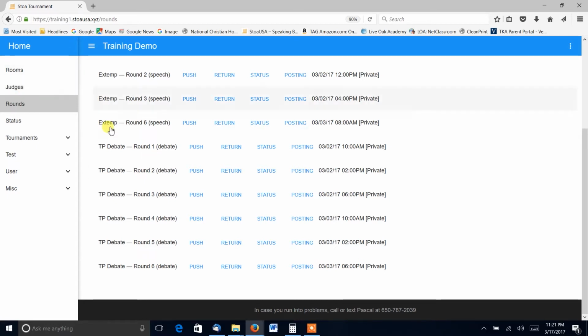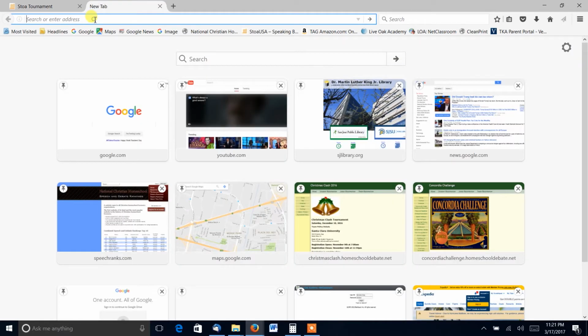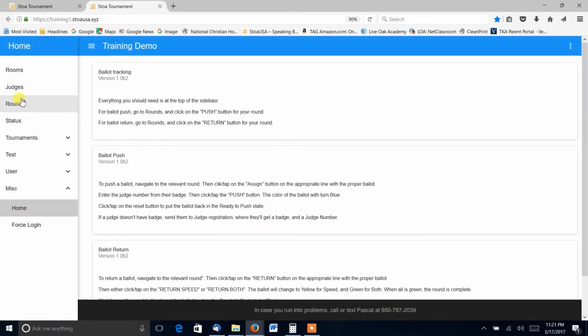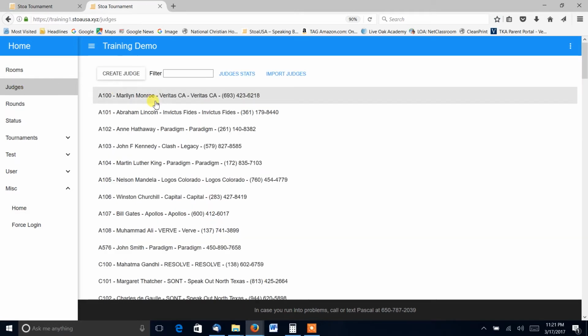And so when you're in the middle of pushing around and somebody comes to the table and asks for their judge number, it would be best to have a new tab that is open, and actually you should open this before the round even starts, and then you could have the judge information uploaded or downloaded into your page here,